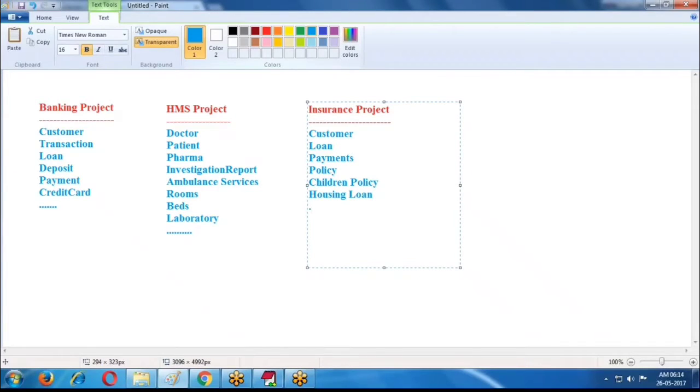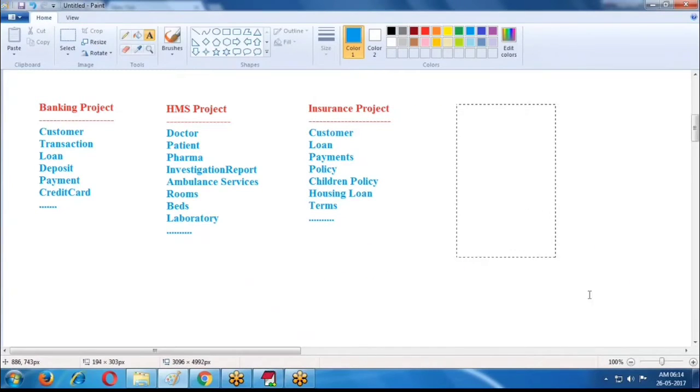So we create a number of objects or terms. This is nothing but an insurance project. If your project is insurance, then we create insurance related objects.